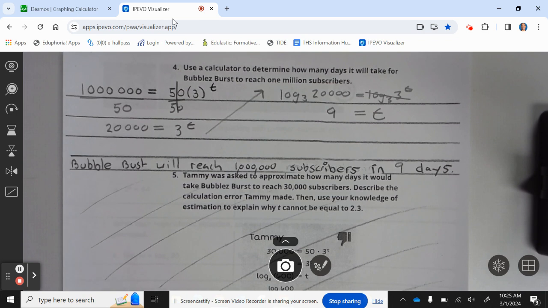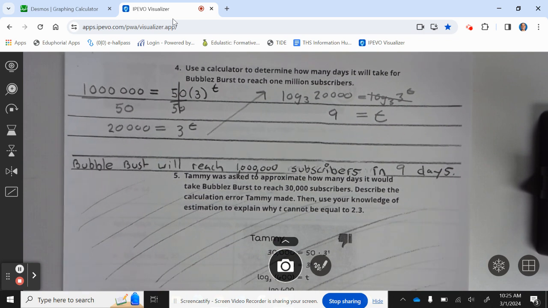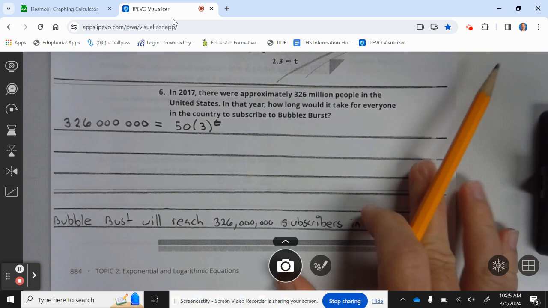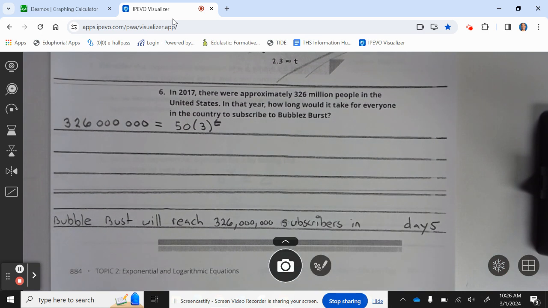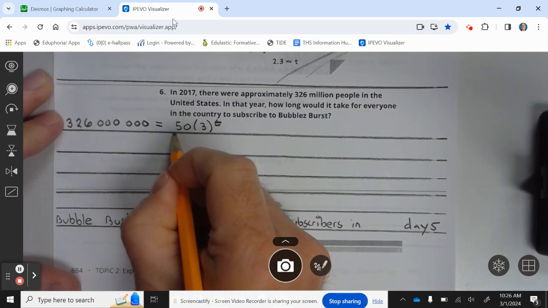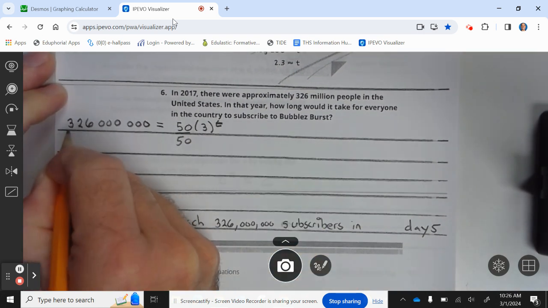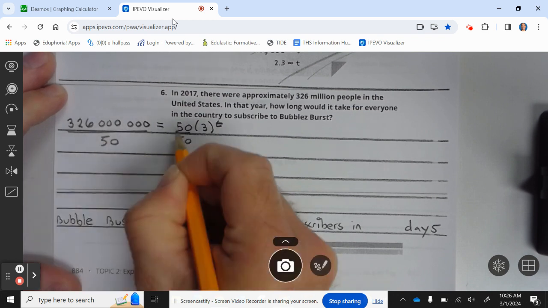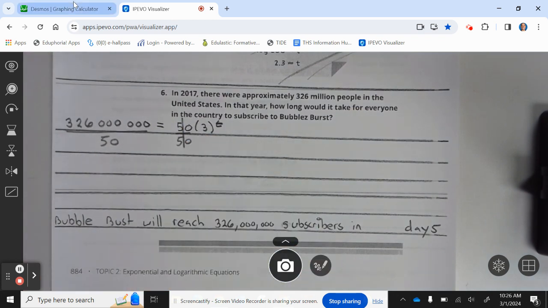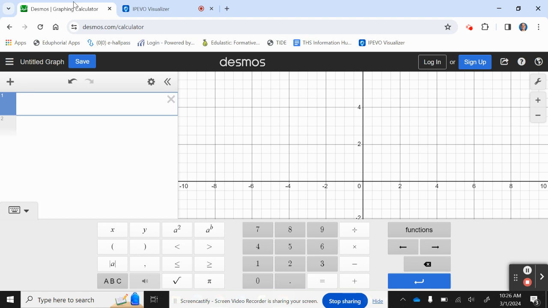All right, go ahead and mark out number 5. Number 6. In 2017, there were approximately 326 million people in the United States. In that year, how long would it take for everyone in the country to subscribe to Bubble Burst? Okay, so first step, we're going to solve the equation. We're going to divide by 50 on both sides. This divided becomes 1. Divided by 50 is